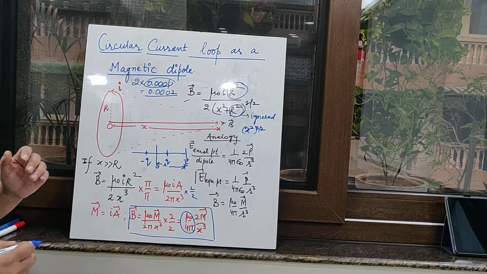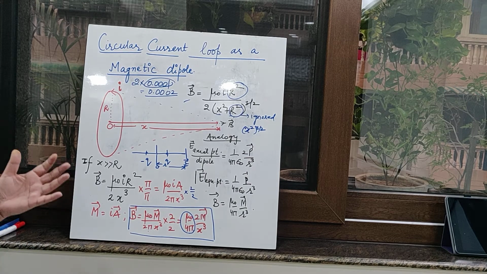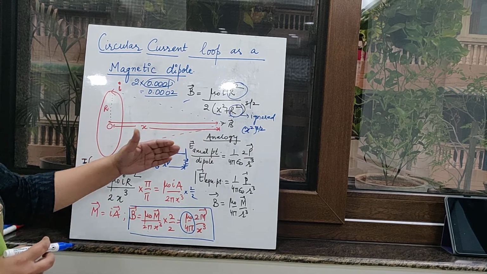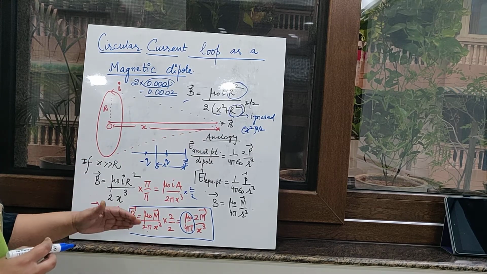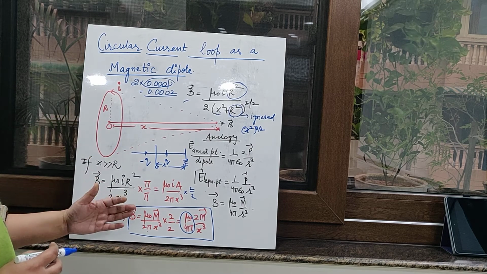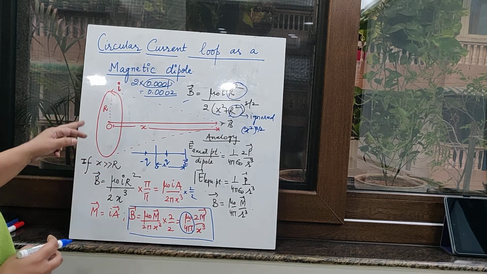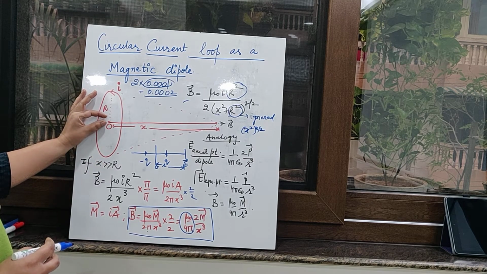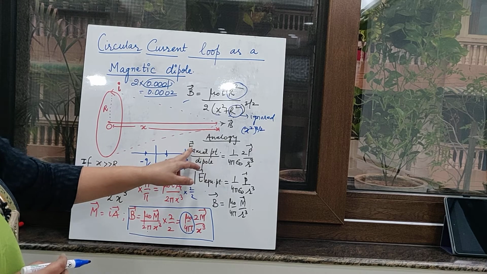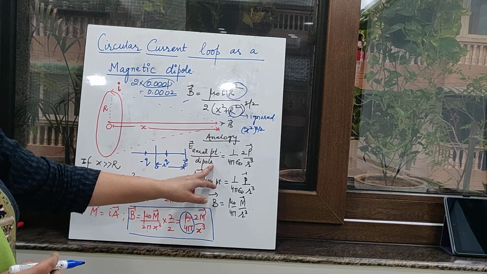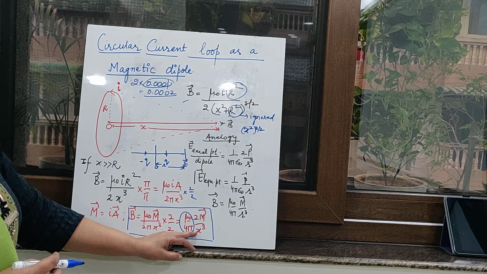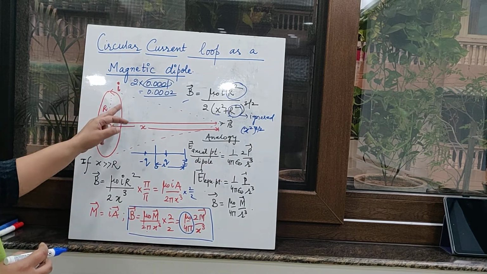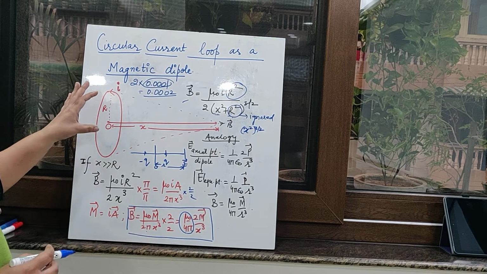So both the expressions are almost same, and so this expression actually tells us how much electrostatics is related to magnetism. So we can say that when there is a circular current carrying loop, it behaves as a dipole. Okay, it behaves as a dipole because this was the electric field due to the dipole. And because we are getting almost the same expression, we can say that the circular current behaves as a magnetic dipole.